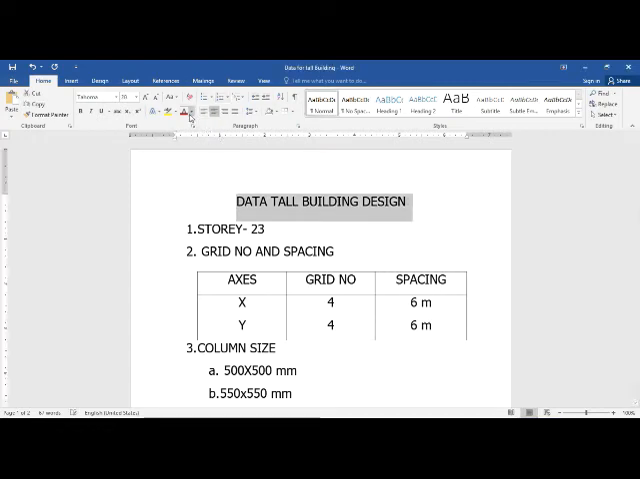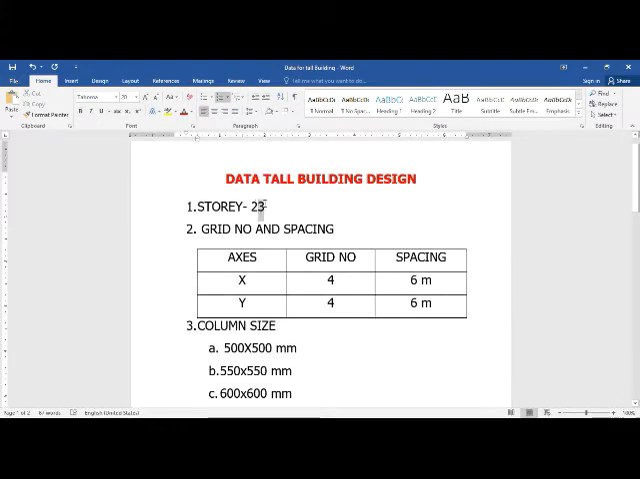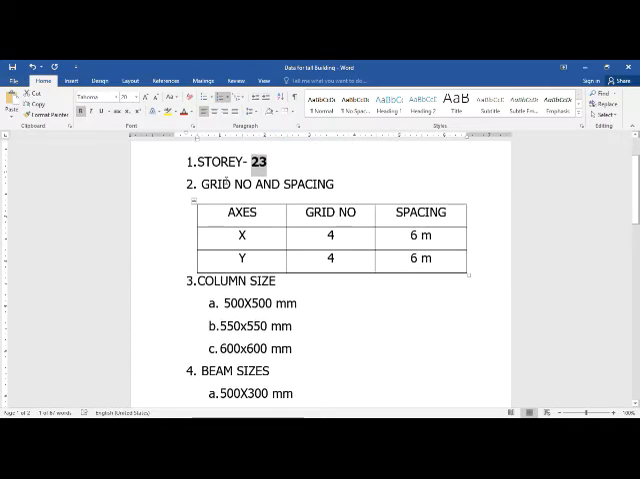Part of Skyfi Lab online assignment course. We are going to design a tall building for a 23 story. The grids in X and Y directions are 4 and 4, and the spacing between each of the grid is